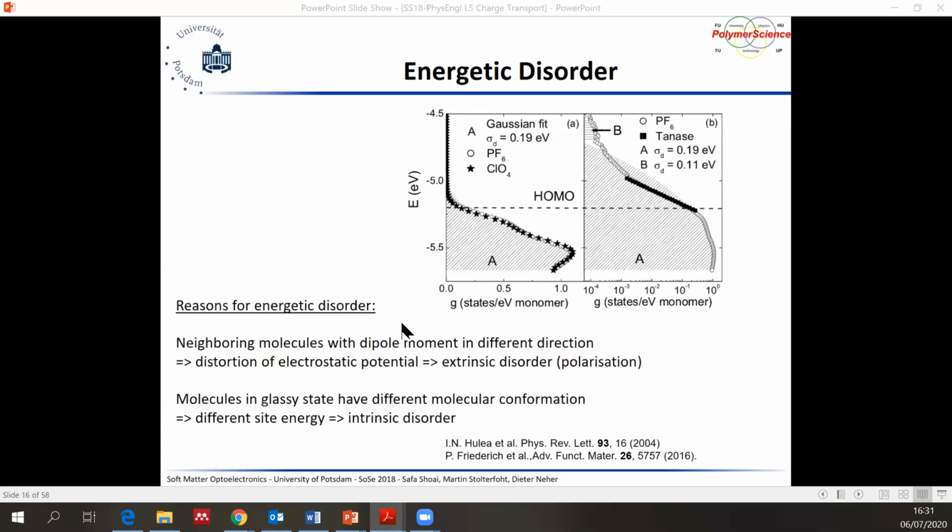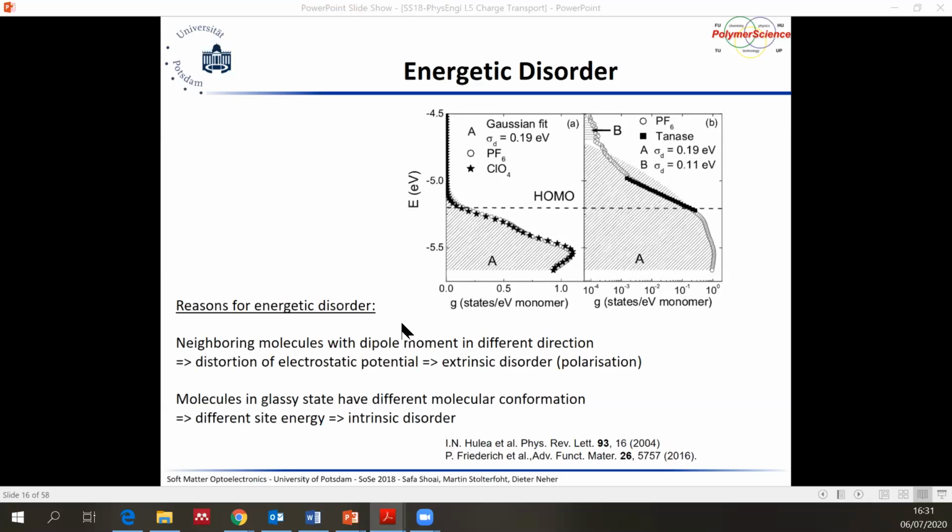This distorts the microelectrostatic potential and creates disorder, which is what we call polarization. Over here, molecules in the glassy state have different conformations and different site energies, which gives you intrinsic disorder. So there are reasons why we can have energetic disorder, and for sure we have a lot of energetic disorder